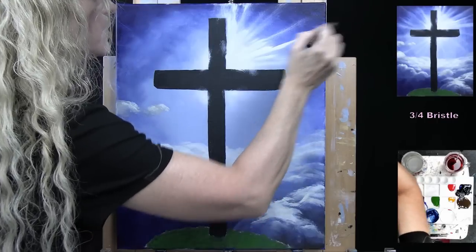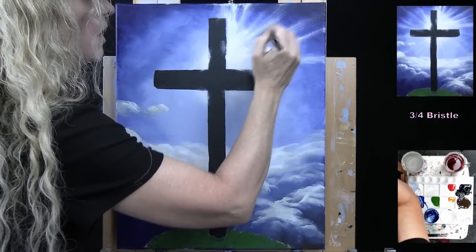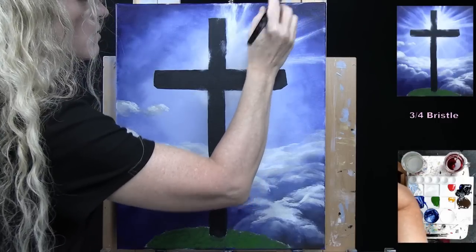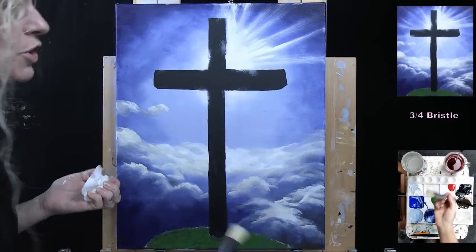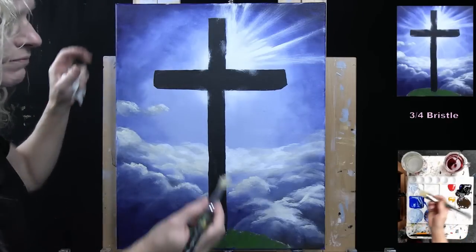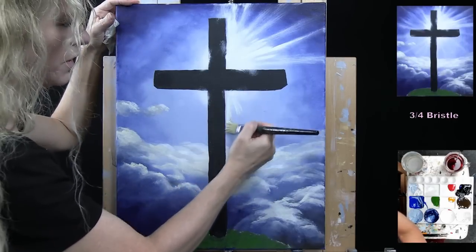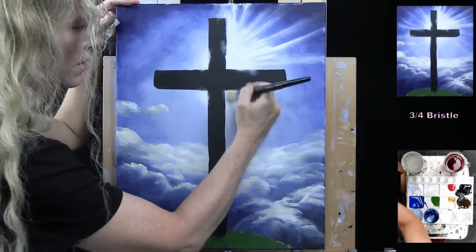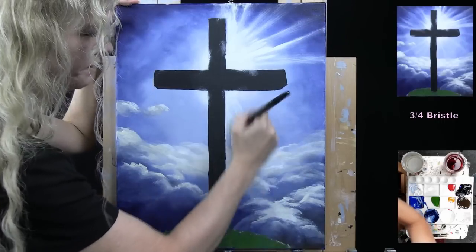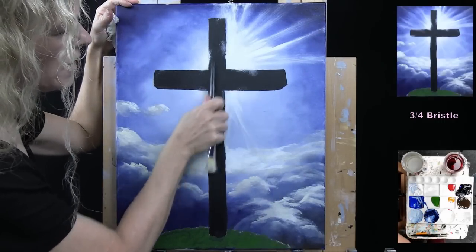But just don't use a lot of pressure, don't use a lot of water, just a little bit to maybe get it to sink in to the holes, look a little bit smoother, but nothing terribly heavy with the water. And then I'm going to do the same thing down in through here. I want it pretty darn light around my cross, and then all the beams are going to come out of